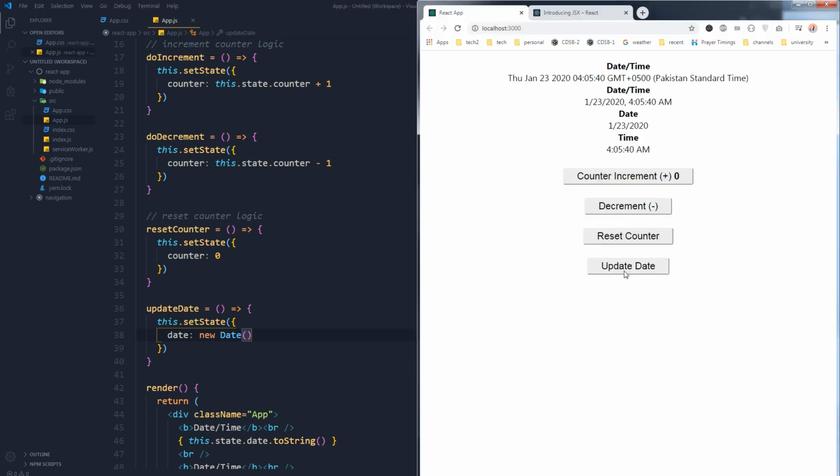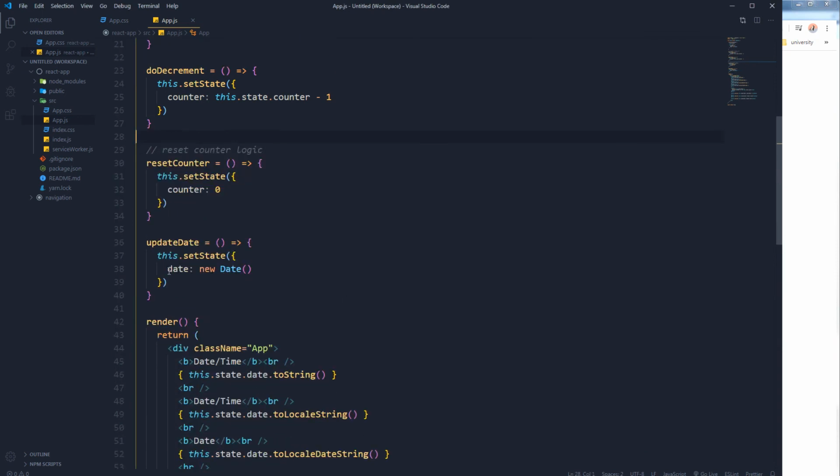So let's see. This is our update date button. When we click it, something is getting updated inside this. Let's see these seconds. Update date. Okay, so plus increment, decrement, reset counter, update date. These are working. If you don't need multiple functions to do each and everything, you can just use this thing